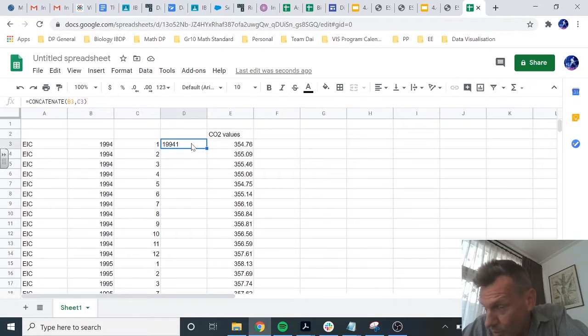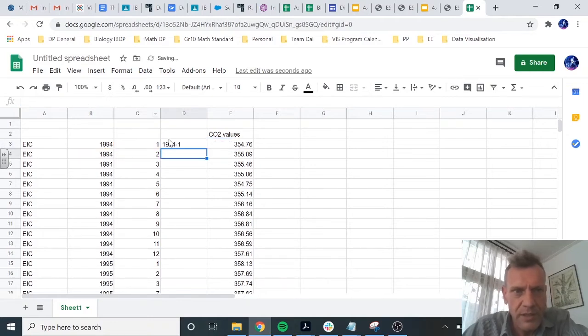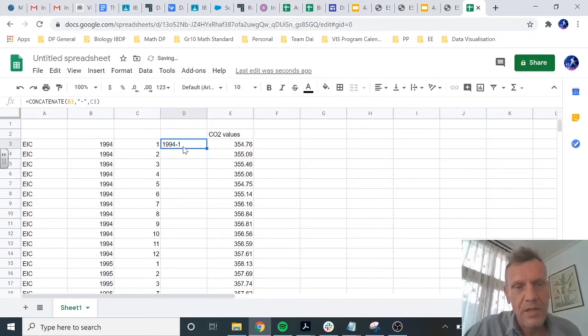It's better. It's almost what I want, but it's not good because now it's the number 19,941. So I want to have something in between. I can do that by adding a little divider there. So see what I'm doing in that function there? I hope you can see that. I am concatenating the value in B3, which is 1994. Then I'm putting a little hyphen there. And then I'm adding the value 1. And let's see what that looks like. And indeed now we got 1994-1. And I can